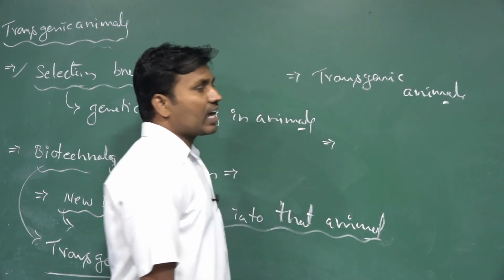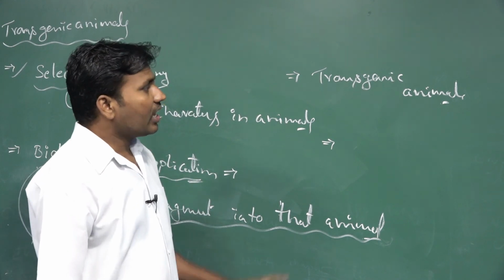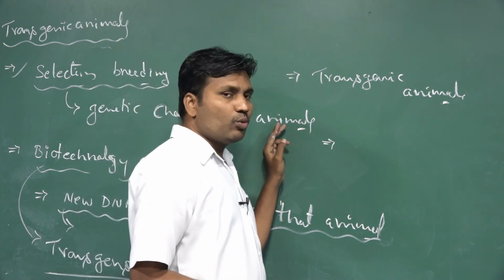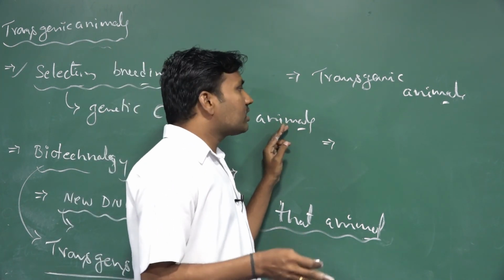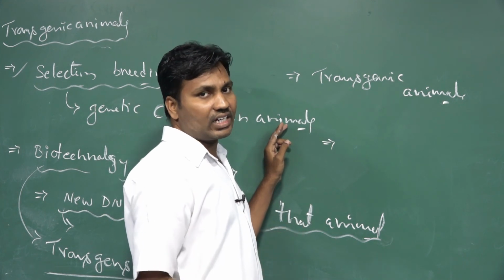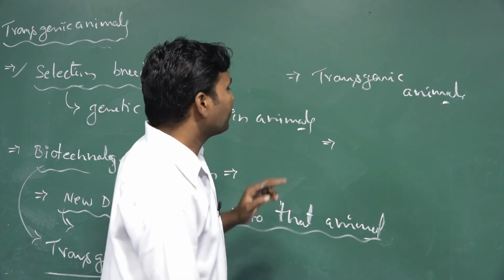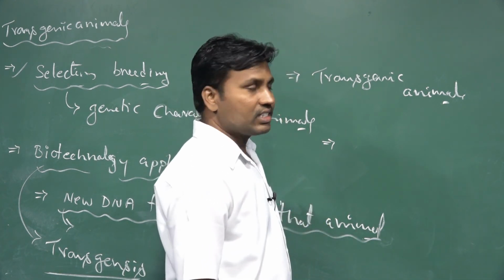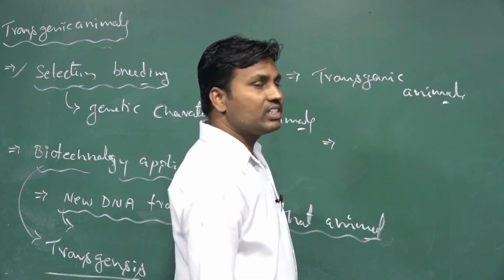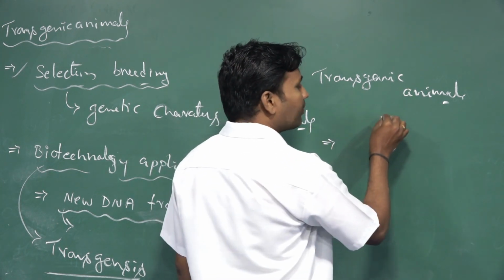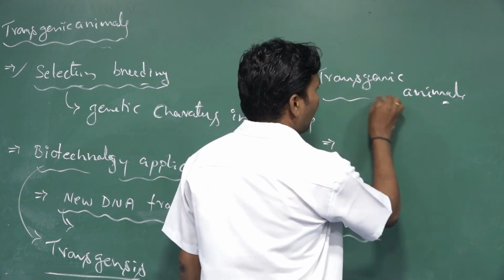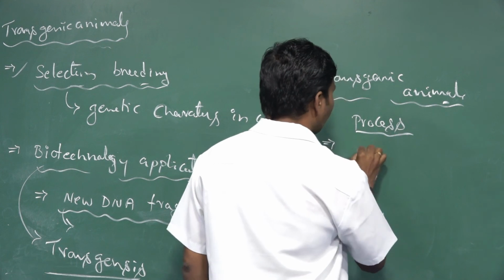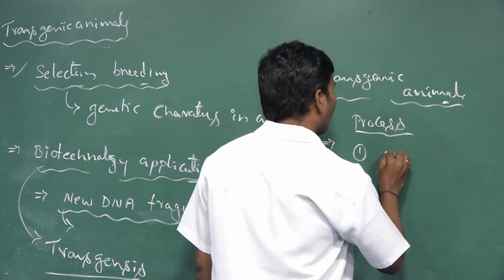So like this, through the transgenesis process, a new genome or new DNA fragment we introduce into another animal to establish new, stable genetic characters here. So how are we conducting the transgenesis process, or how are we preparing transgenic animals? A number of steps are involved. The first one is selection of